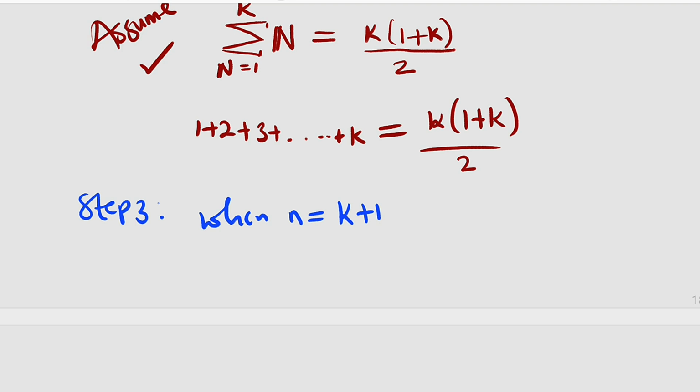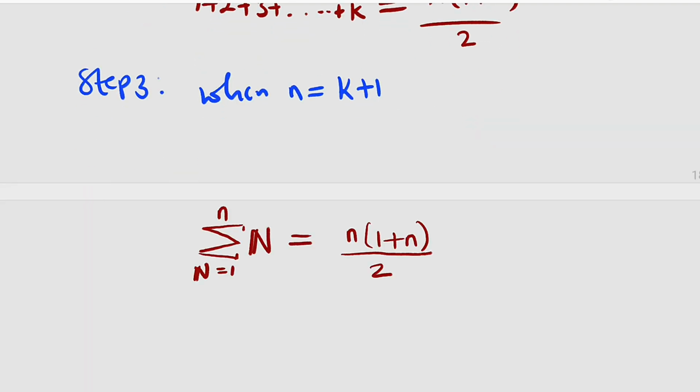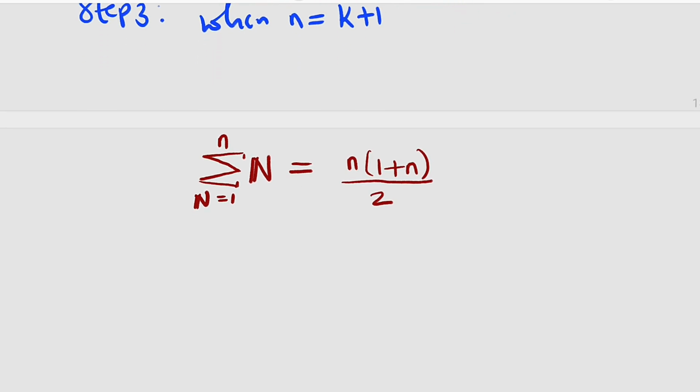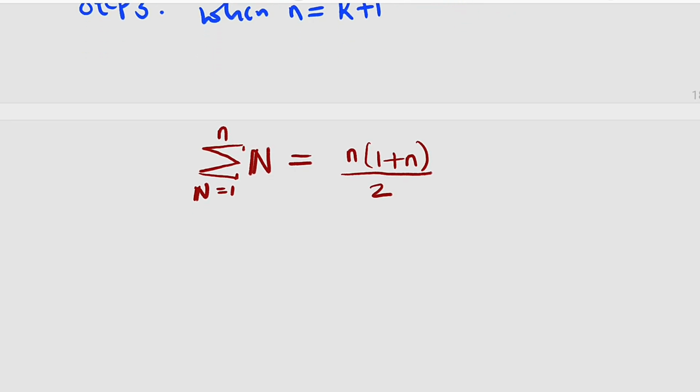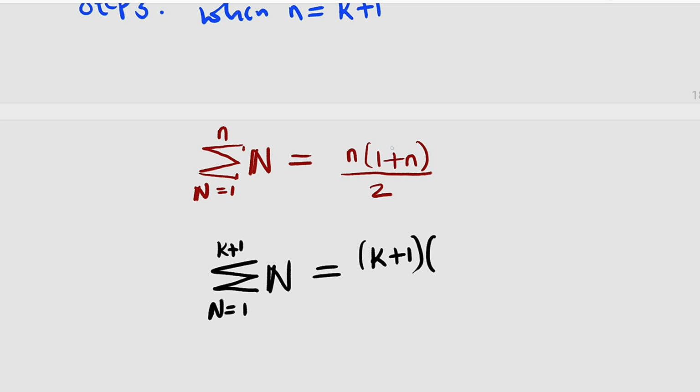When n is equal to k plus 1, this is what we have initially. So we are going to substitute n equal to k plus 1, since we have seen that k is true. So we have the summation of n from 1 to k plus 1 of these natural numbers equal to, wherever we have n, we replace it with k plus 1. This is k plus 1 multiplied by k plus 1 plus 1, that will give us k plus 2,